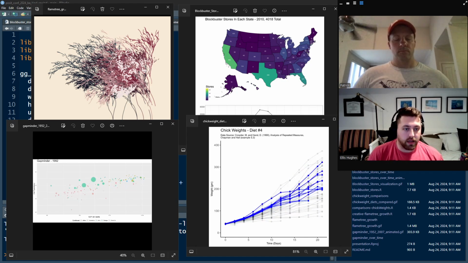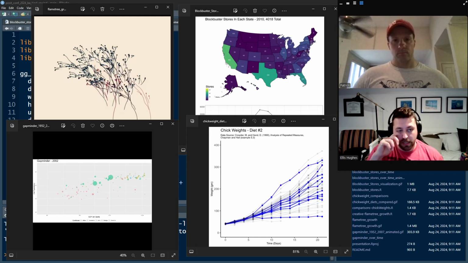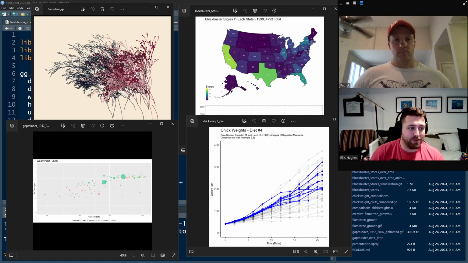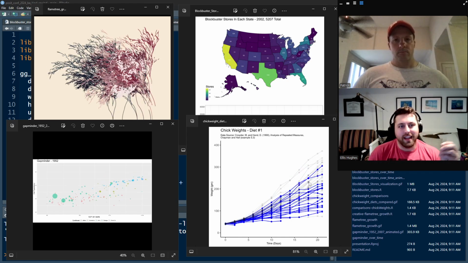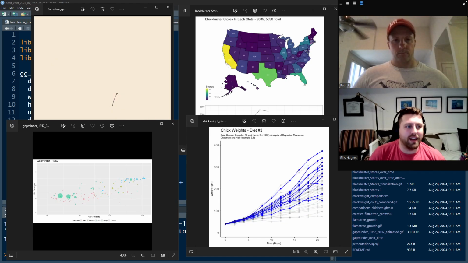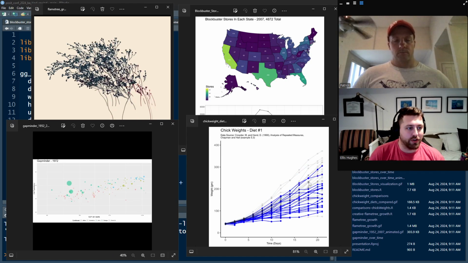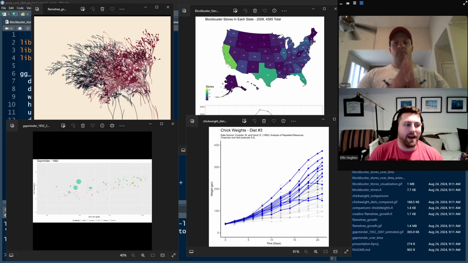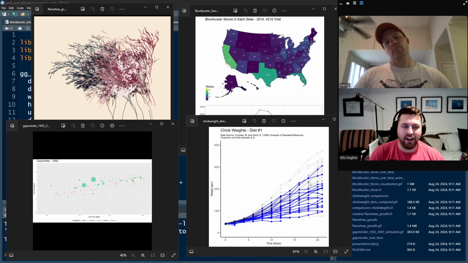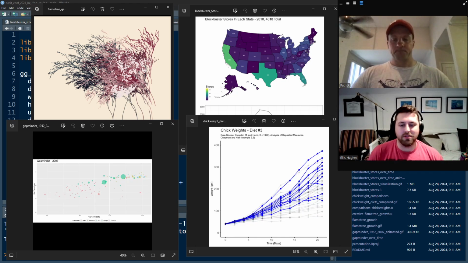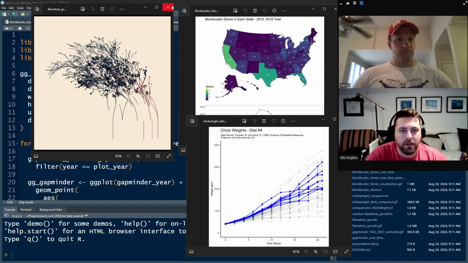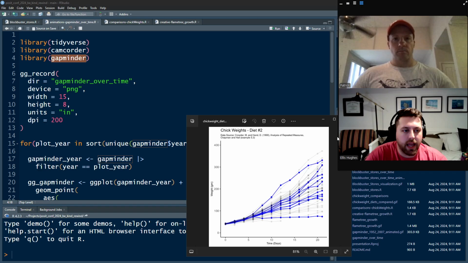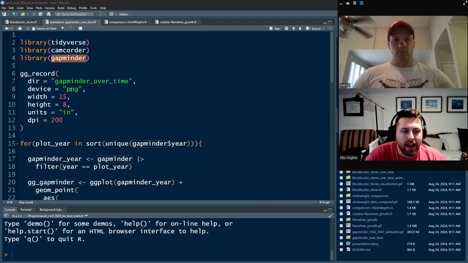We'll get over to comparing the different chick weights, potentially get over to the flame tree example, which I think is really, really cool. And then the pièce de résistance, get to the blockbuster animation that I showed during the presentation about combining all these different pieces together and how you can use patchwork and camcorder and all these really cool tools. So without further ado, I'm going to close these out and we're going to get going on the animation for